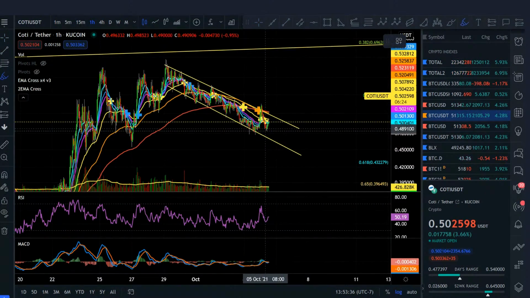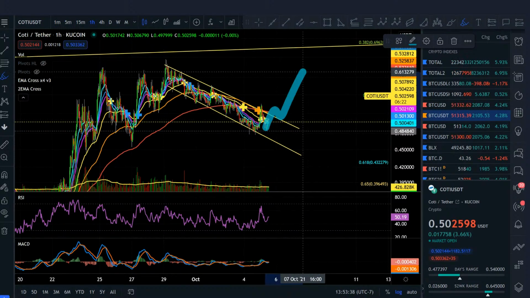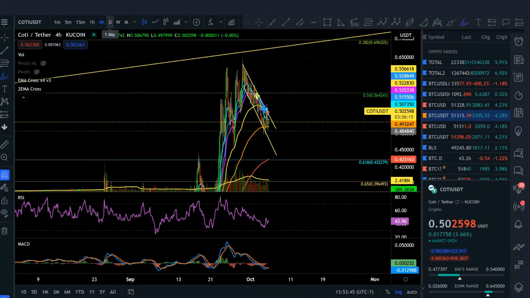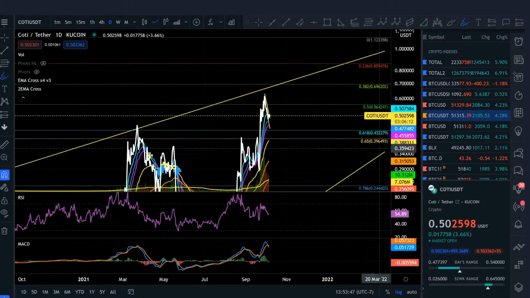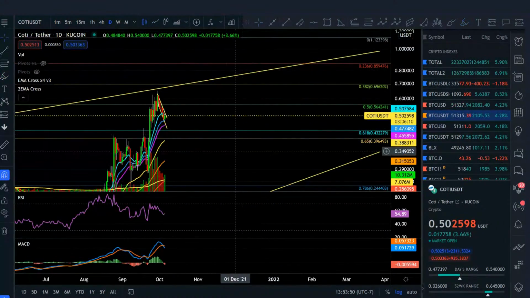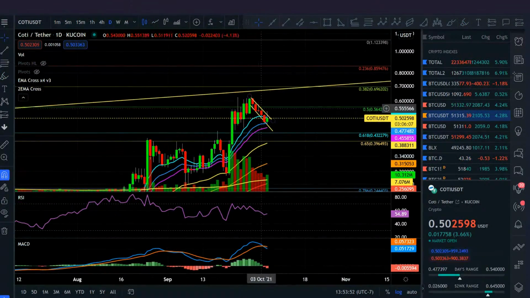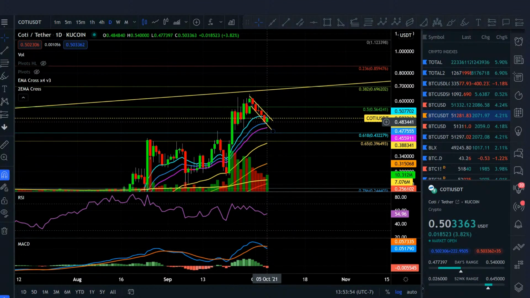So what needs to happen, COTI needs to break out 53, pull back to 50 and retest 55 to 60 cents. It's interesting to see that COTI is actually not as correlated with Bitcoin at this moment in time because Bitcoin rallied and COTI did not yet. COTI is obviously not in the top 10 or top 20 most popular market cap crypto. That's why. But that's also a distinction to make: if only Bitcoin goes up and not every single altcoin goes up,